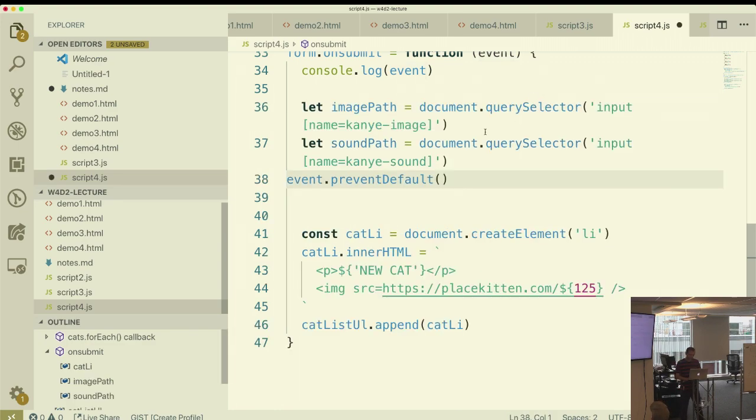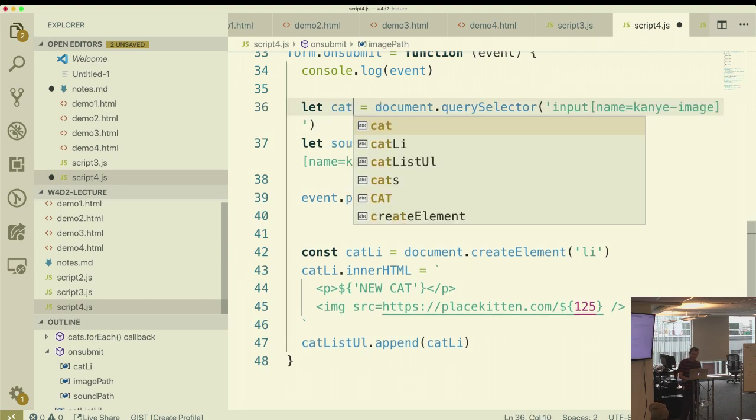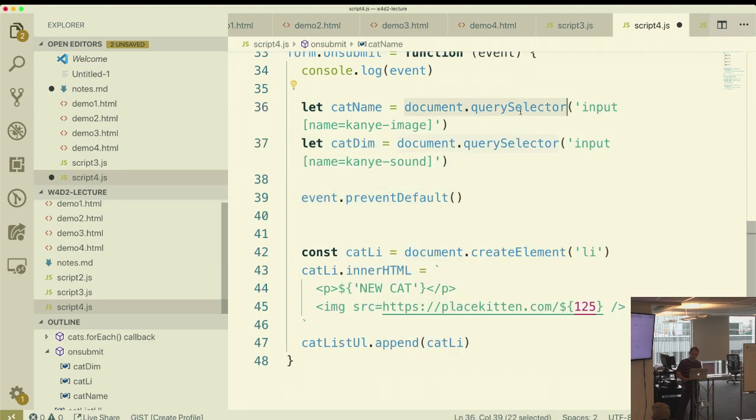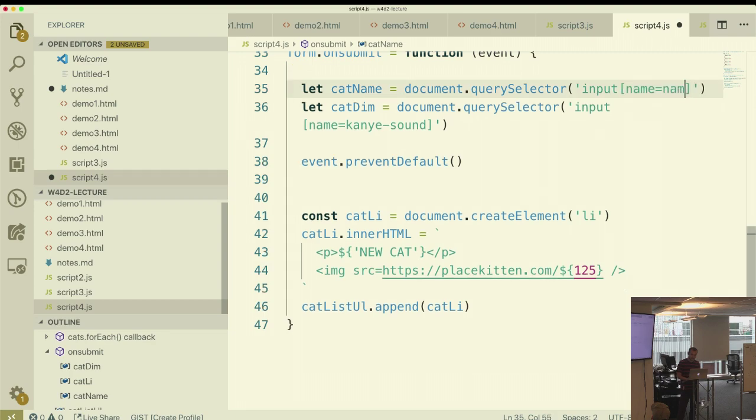But what I do have is I can get the cat name, and I can get the cat size or dimension by making a new document query selector and querying for an input with the name, and here an input with the name